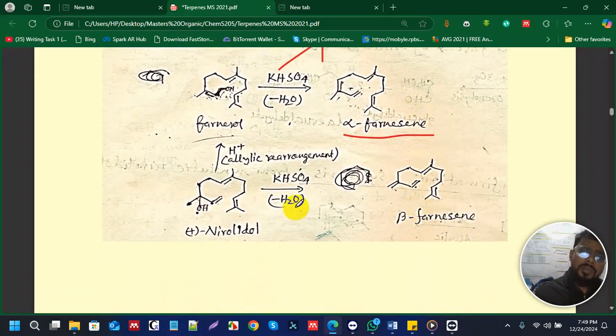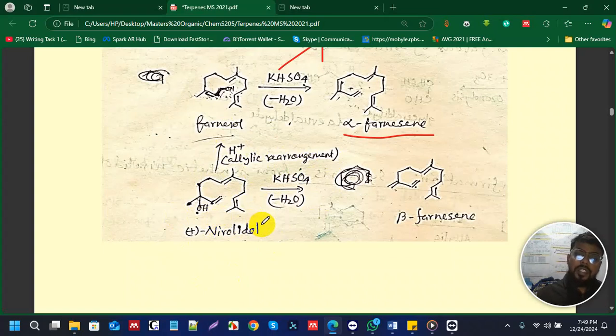And the next one is called nerolidol. It has a double bond and an OH group. When you'd like to treat nerolidol by means of allylic rearrangement in the presence of acid, it will be converted into farnesol. When you'd like to pass this nerolidol in the presence of potassium hydrogen sulfate, it will be converted into